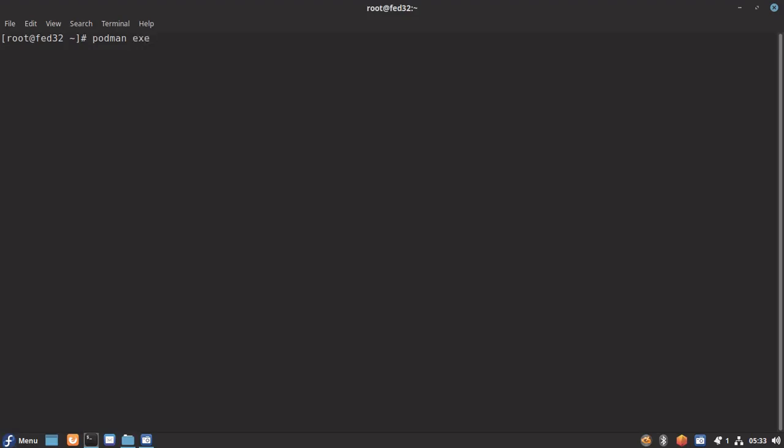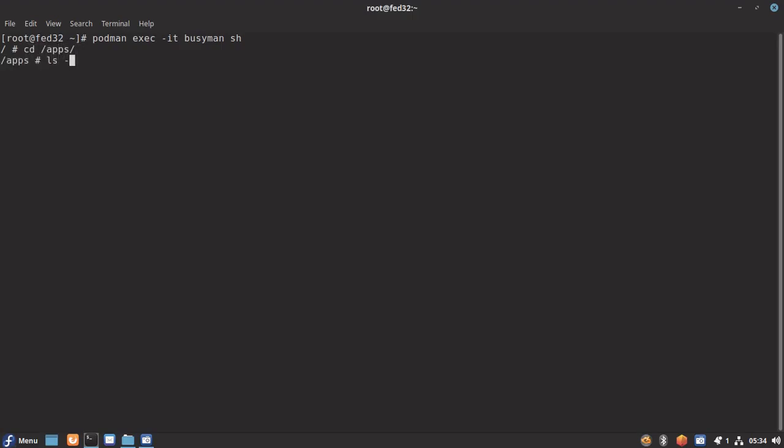We'll do podman exec interactive to busyman, and in this container we need to run the sh command within the container. So we'll give sh here. Okay, so now we are able to connect to the container.